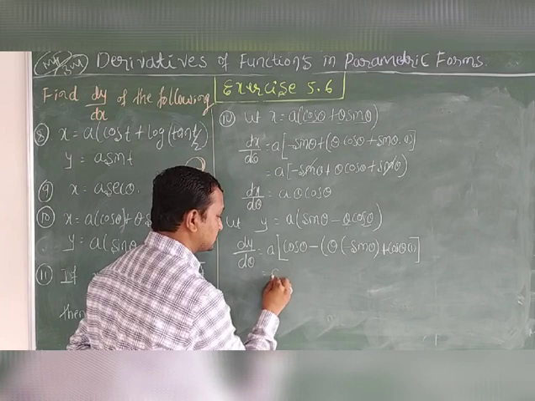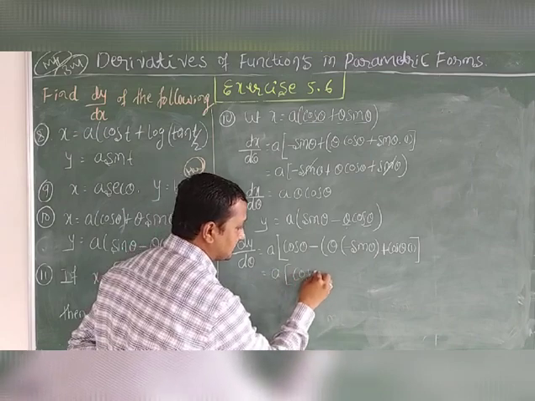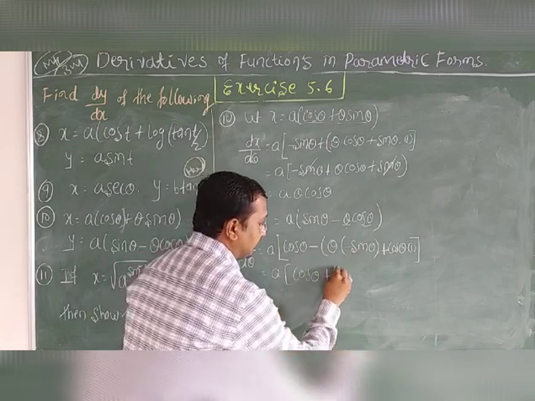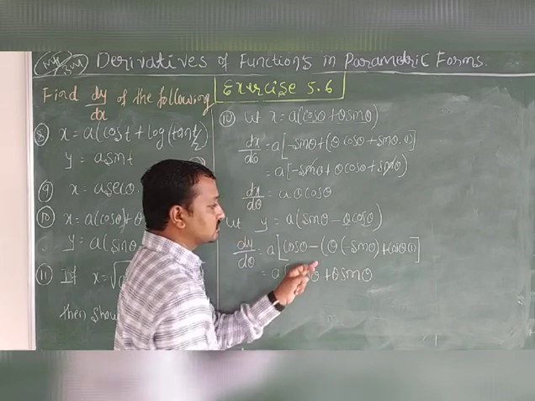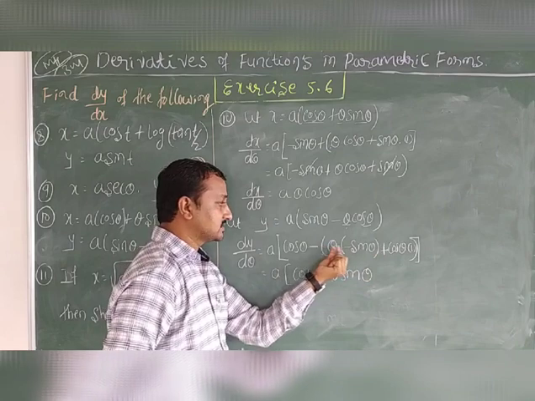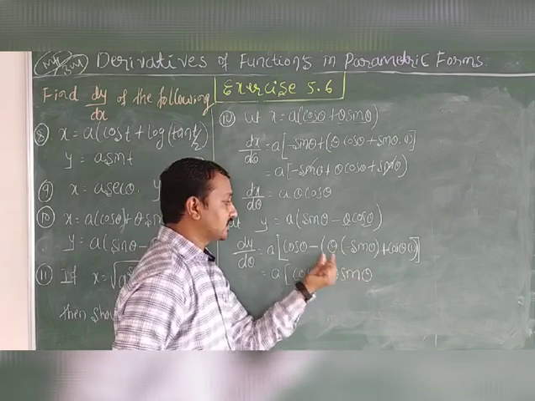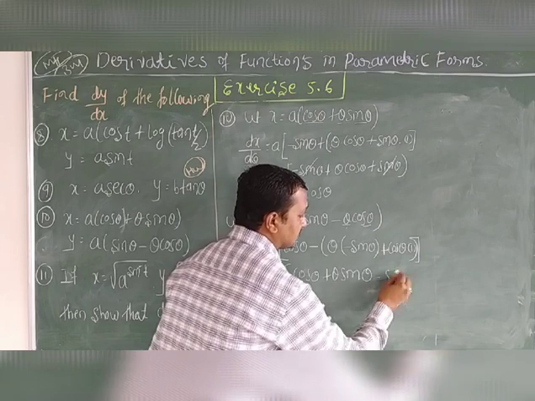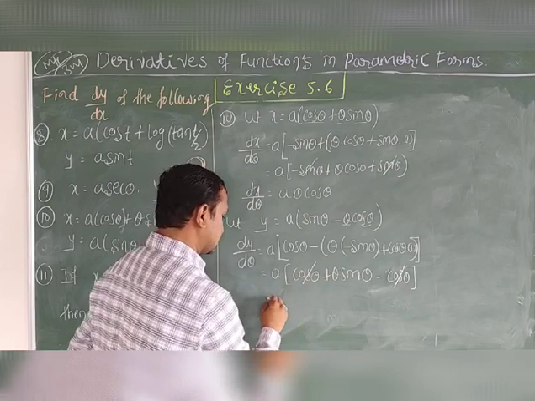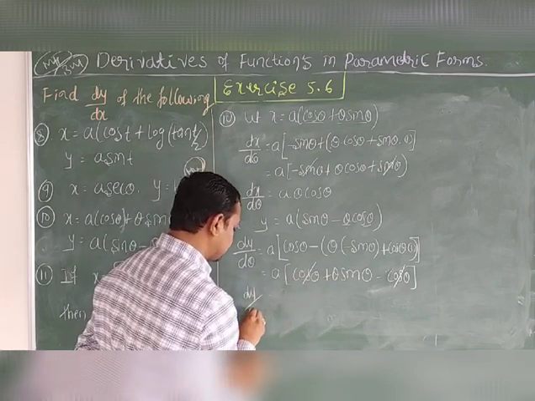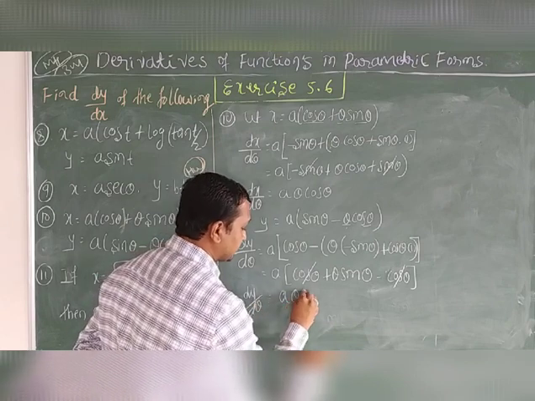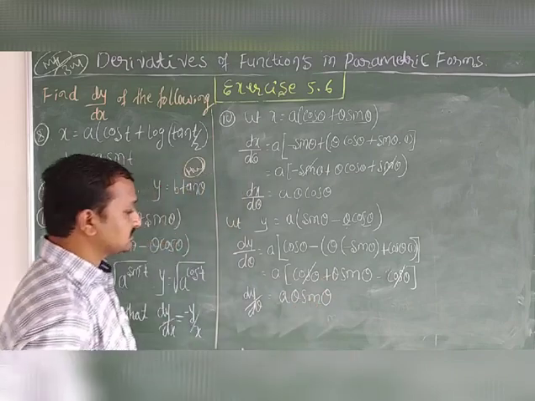Okay. And the next step is a in the bracket. So you can write cos theta as it is here. This is minus into minus is plus, plus theta sin theta. This is the whole bracket, minus of this whole bracket. So minus into minus is theta sin theta. Okay. Minus into this term, this is minus cos theta. Okay. Plus cos theta and minus cos theta get cancelled. The remaining dy by d theta is a theta sin theta.